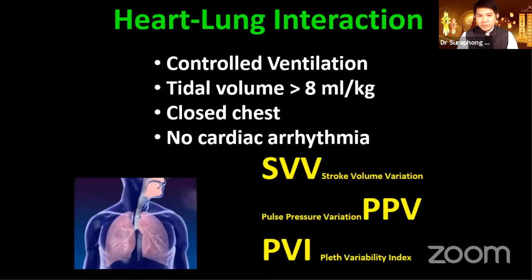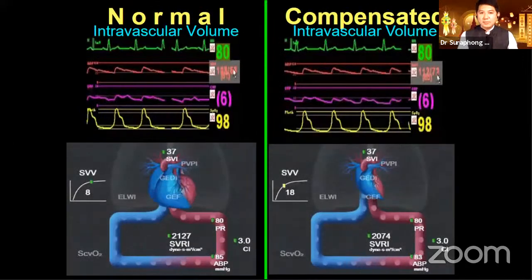And how can we use it during cardiac surgery? Because we have an open chest, and the tidal volume may be not enough, and no cardiac arrhythmia. We will have a trick to use it in this situation. For example, if we have the